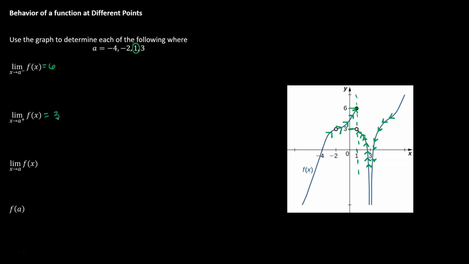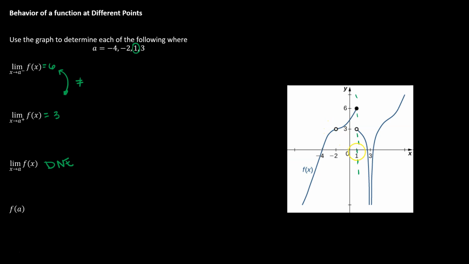The left limit is taking us towards 6. The right limit is taking us towards 3. Because the left and the right limits do not match, we know the two-sided limit does not exist. We have one last thing to answer for this a value, and that is, what is the function defined to be